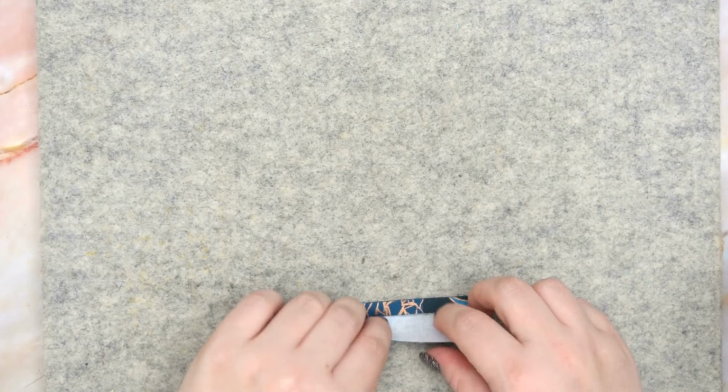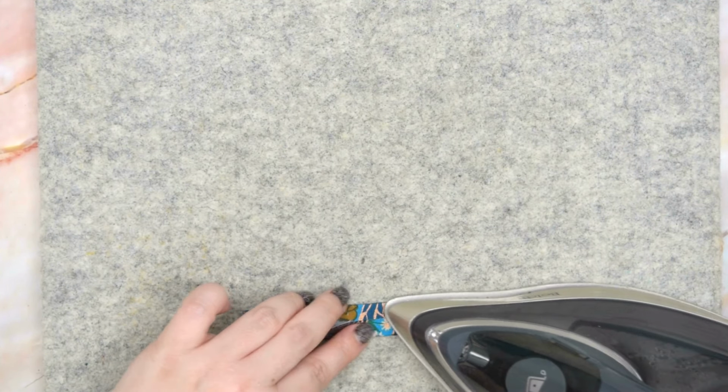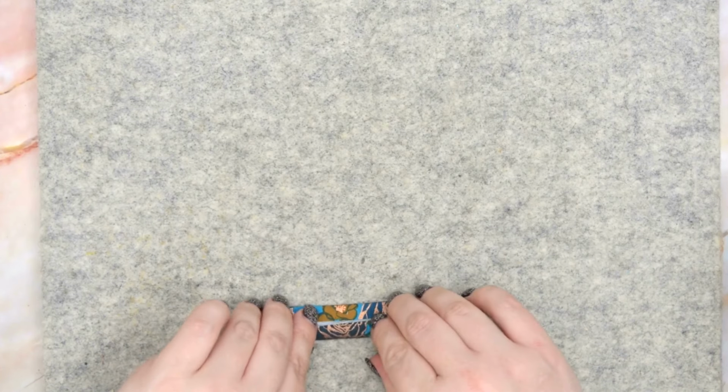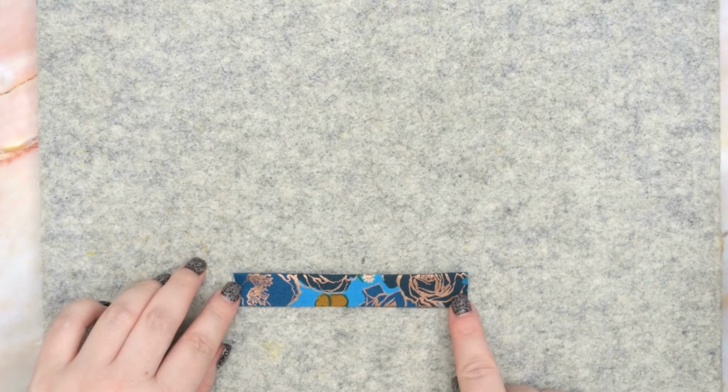Then you're going to do that on the other side. Press it flat. Here we go. When you are ready, you can take this to the machine now and top stitch along those